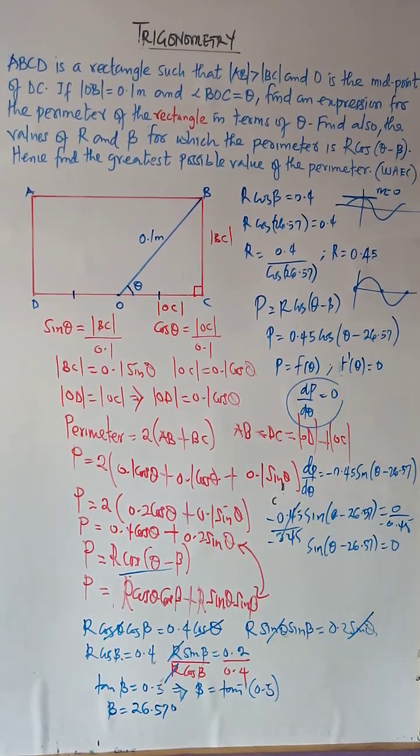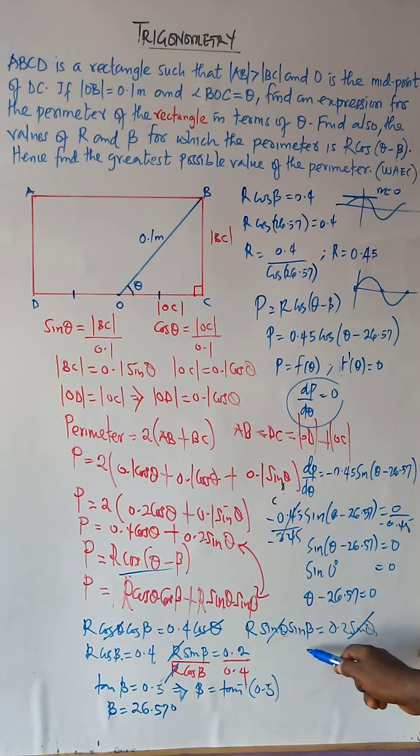Since sine 0 gives us 0, the whole of this has to be 0. It means theta minus 26.57 is also 0. From here, theta equals